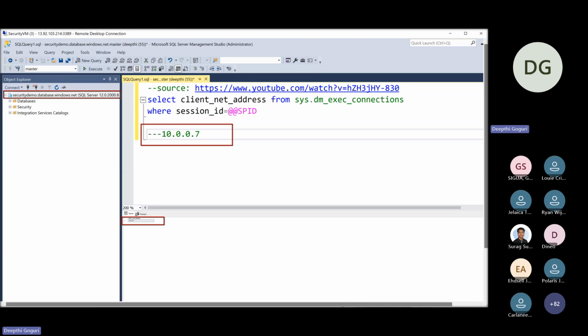Now, once you have created that private endpoint, how will it show when you are trying to connect to and access the database? Will it show the details, or will it show the private IP address? I connected to the virtual network where my database is hosted, right? I connected there and tried to run this particular query: select client net address from sys.dm_exec_connections where session ID is at at session ID, and it gave me